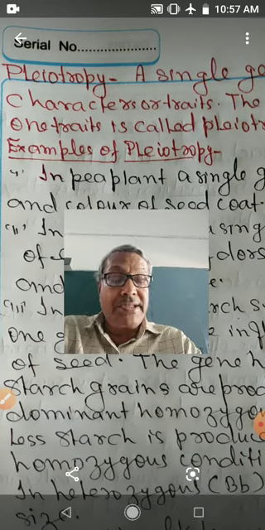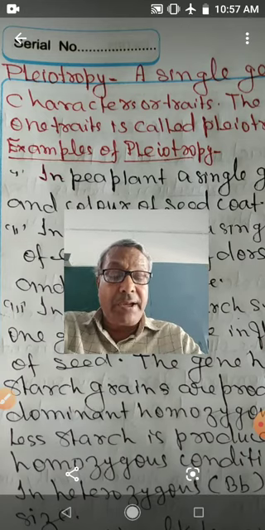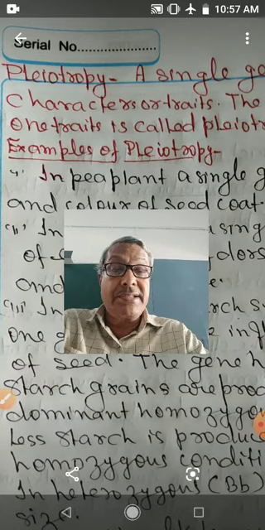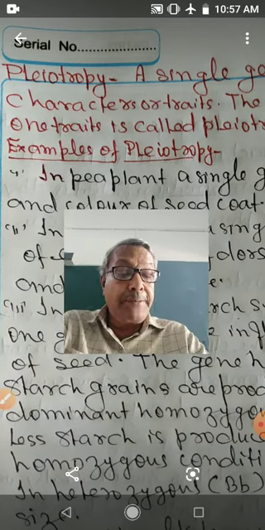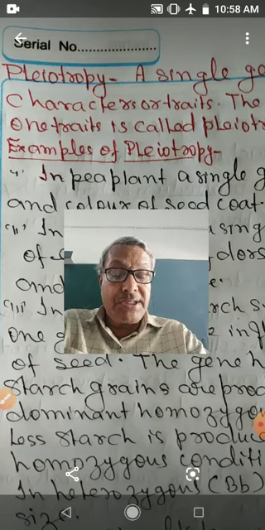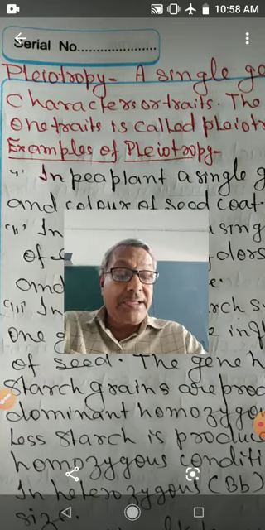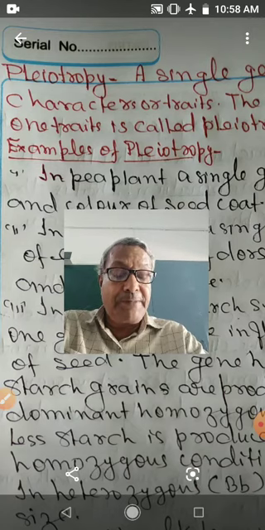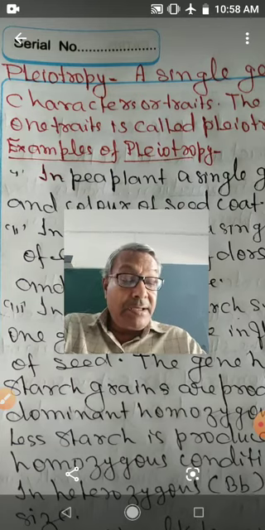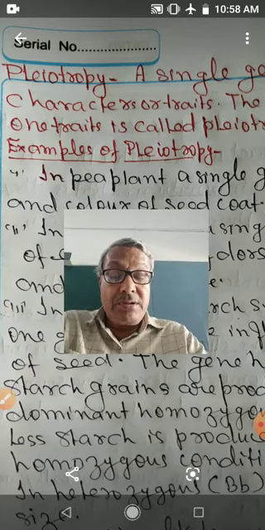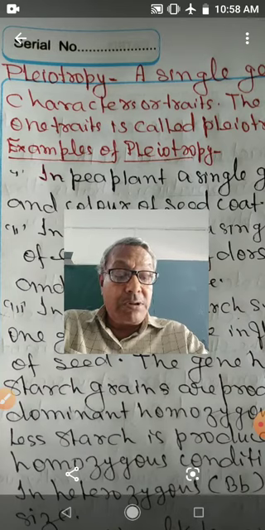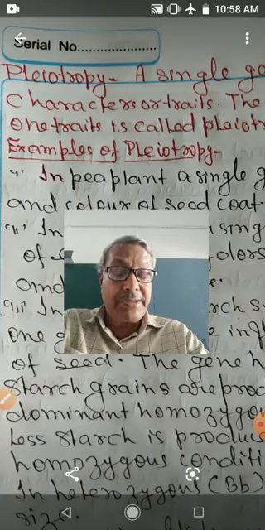Due to this, concentration of phenylalanine in the body increases to a toxic level, and it is dangerous to the human body. The phenotypic expressions due to this are mental retardation, reduction in hair, loss of skin pigmentation, blue color of eye, abnormally small head. So it is a good example of pleiotropy because a single gene produces more than one phenotypic effect in human beings.